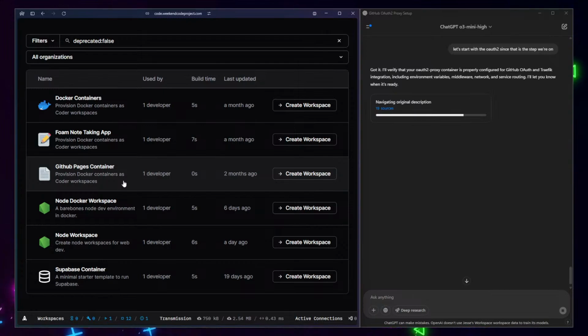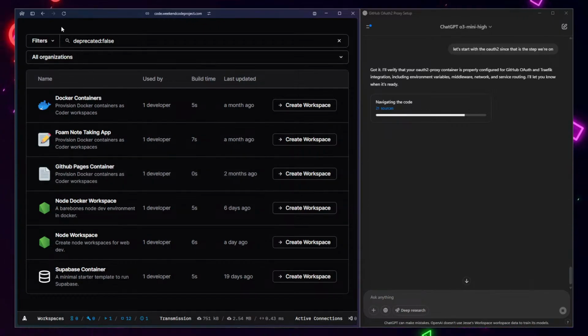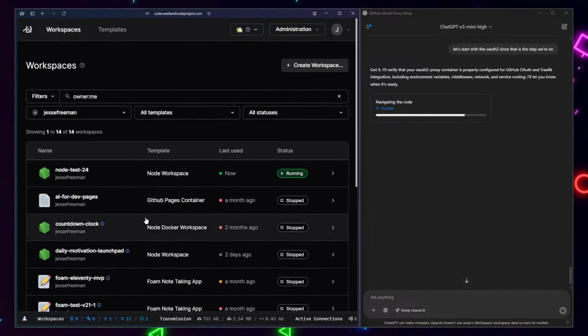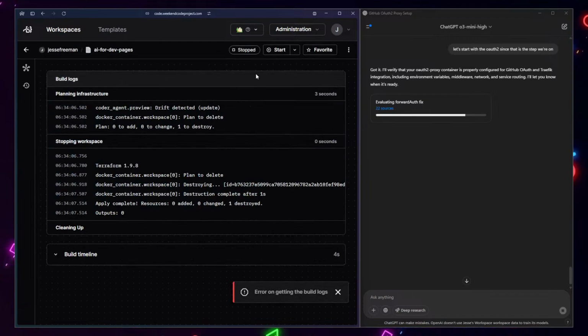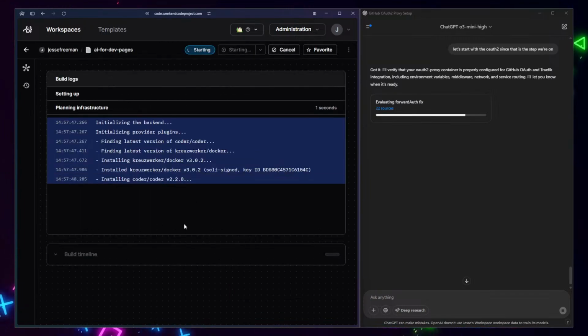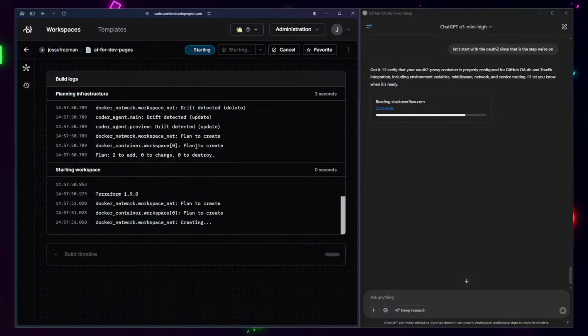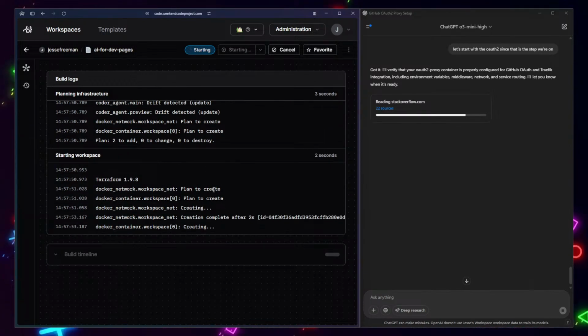What this has allowed me to do is, for GitHub Pages for example, I don't have to install Ruby on my PC. I can just install Ruby in Docker and then mount it. Then whenever I want, I can create a really quick dev environment to show what GitHub Pages containers would look like. Since I'm just babbling and killing some time, I can give you guys an example. This AI for devs is a GitHub site that I've been working on, and all it is is a GitHub Docs site. I should be able to boot this up, and once this gets running,